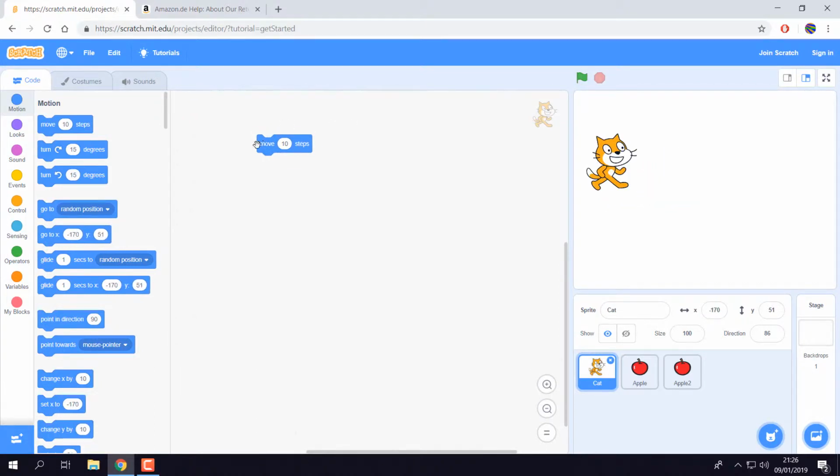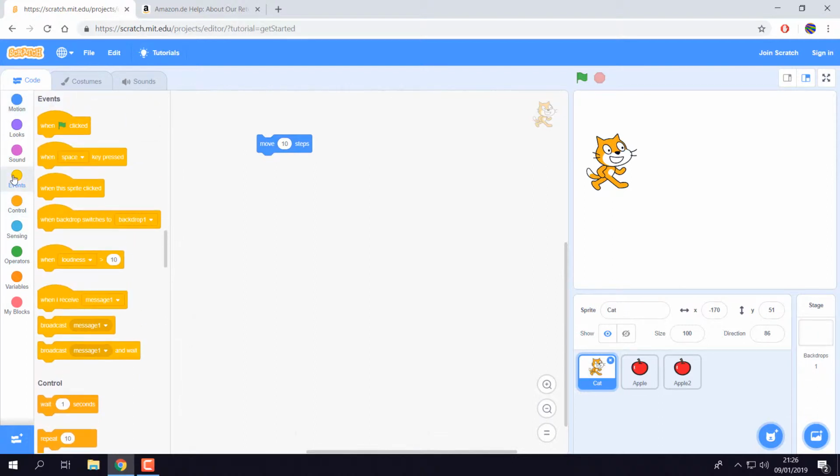So I'm going to keep this block here, but what I really want is to go to events, and I want to take across one of these boxes. This one's the one I'm looking at. Space key is pressed. Now it says space key there, and actually let's leave that. So if I have the space key now, if I press space,